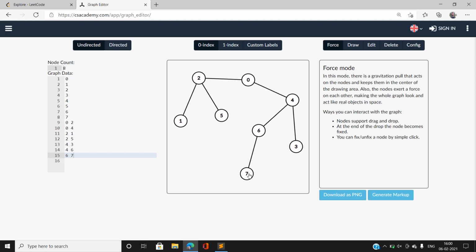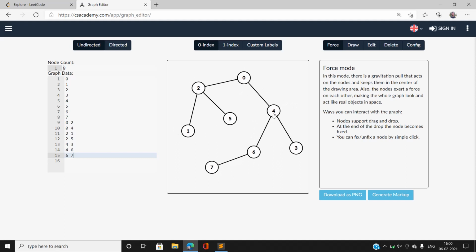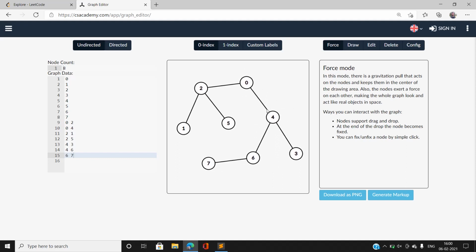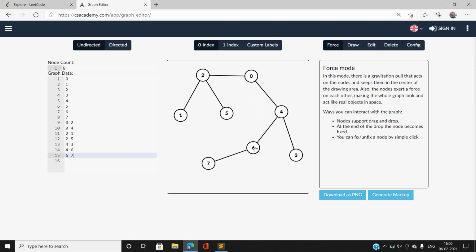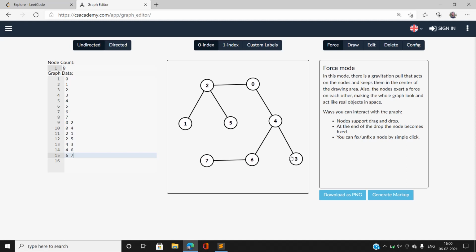First we move from 0 to 4, then 4 to 3, and again back to 4, then 6. Note that 6 is not added to the right view because 3 has already come, since 3 will be visible first, then 6. Okay, so our next level would be at 7.